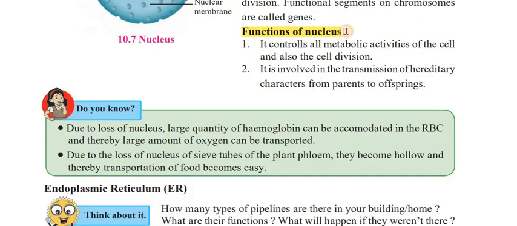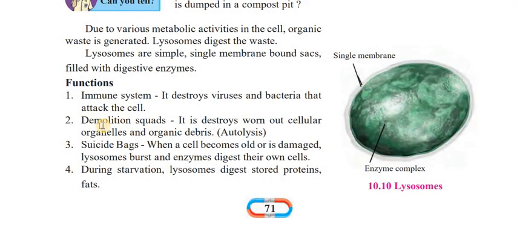Here, function of nucleus. At least you have to write two functions here. It controls the metabolic activity of the cell, and second, it is involved in the transmission of hereditary characters from parent to child. Next one,